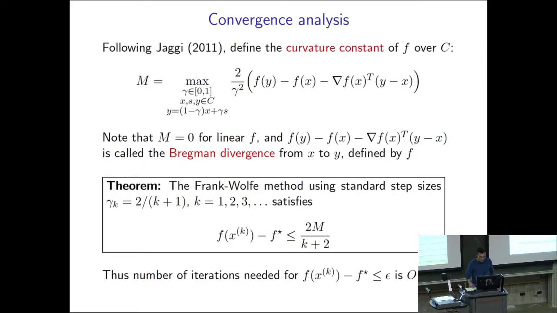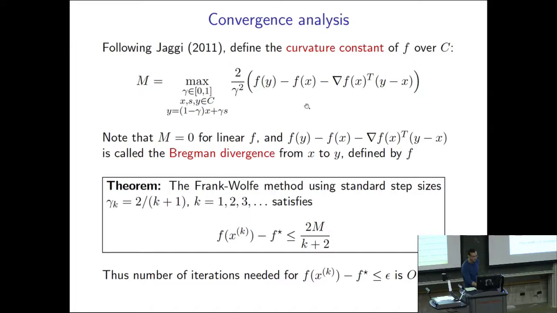Okay. So moving on, there's a very nice simple convergence analysis for this that's due to Martin Jaggi. It has essentially the identical form to what you saw for projected gradient, it just uses a different notion of curvature. So instead of the Lipschitz constant of the gradient, it uses something else. And this is what it uses. It actually looks kind of crazy to define, but I'm going to relate it to the Lipschitz constant of the gradient in a second. So there's a particular quantity that defines the curvature of f over the constraint set C,